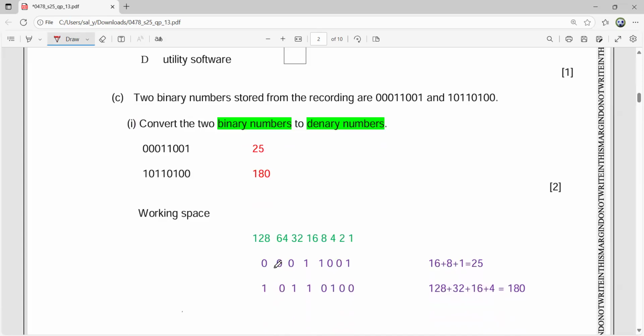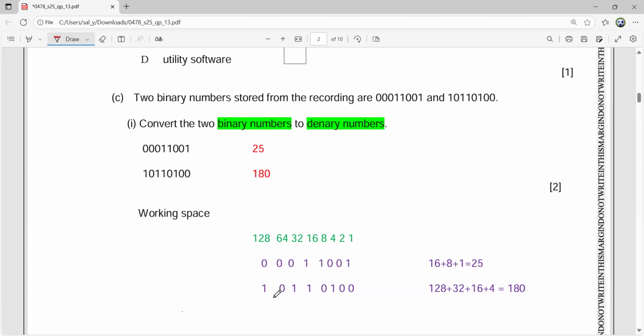For 0001101, simply by adding the values, the bit for 16 is on, the bit for 8 is on, and the bit for 1 is on. When we add it, we get 25. 16 plus 8 is 24, 24 plus 1 is 25.